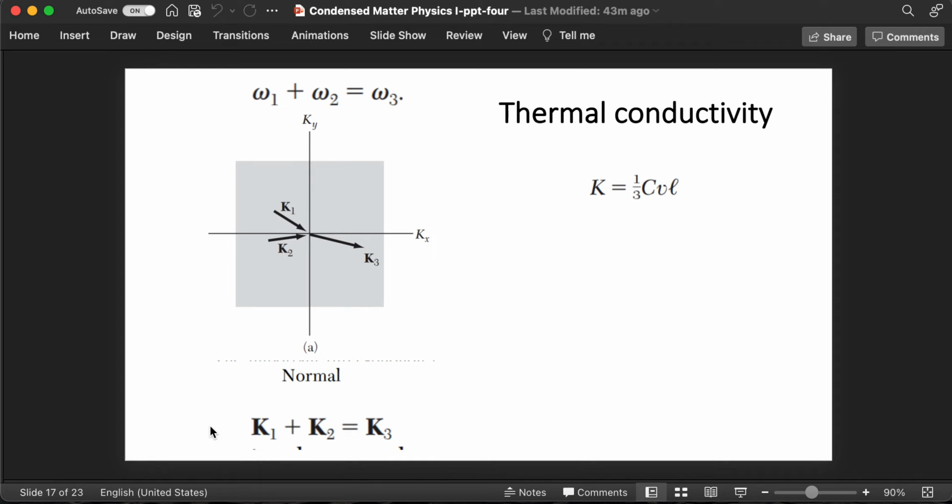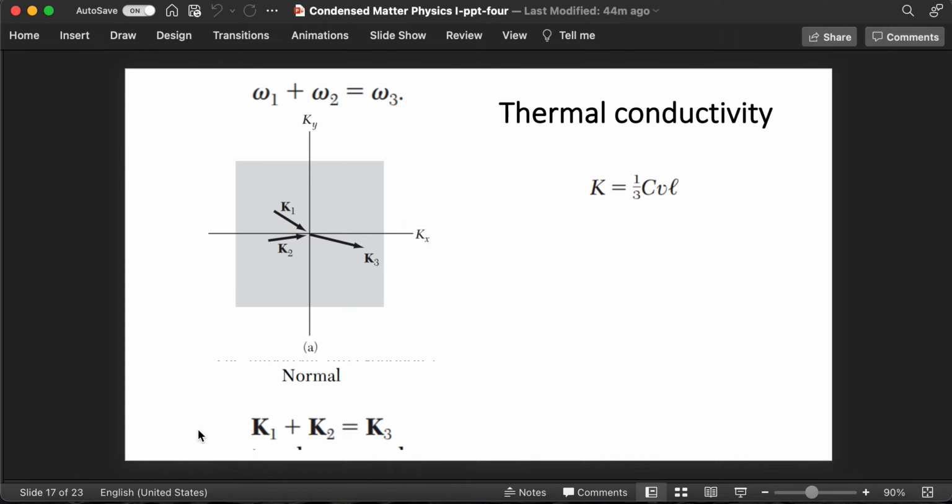Obviously all materials exhibit resistance, but what does that resistance mean? It means that the current that is driven by the electric field is not completely reaching the other side, it's getting scattered. So what is the scattering process here? Here you have momentum conservation and energy conservation as well. This momentum is crystal momentum. So the crystal momentum in this case is conserved, and there is no way for you to scatter the